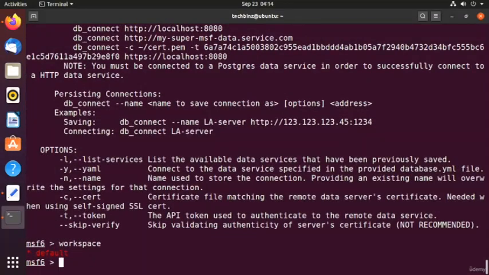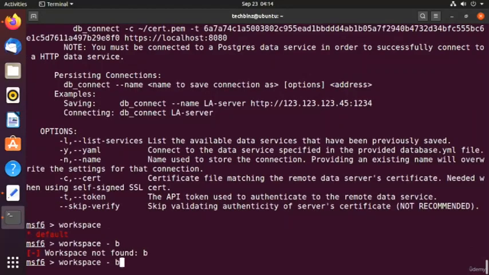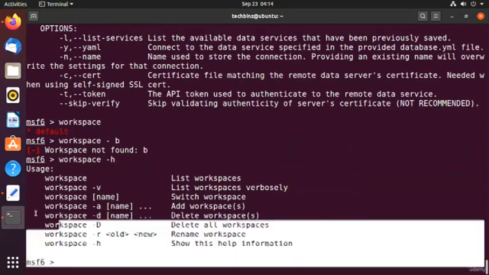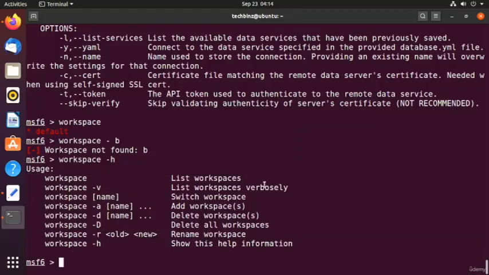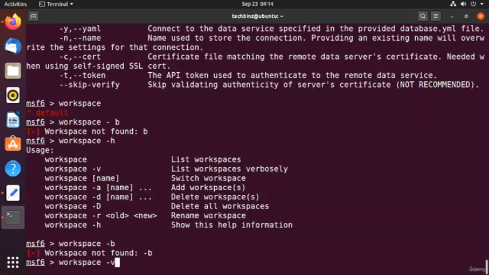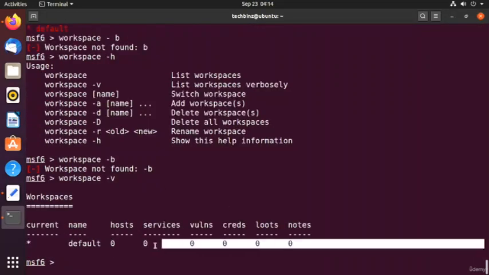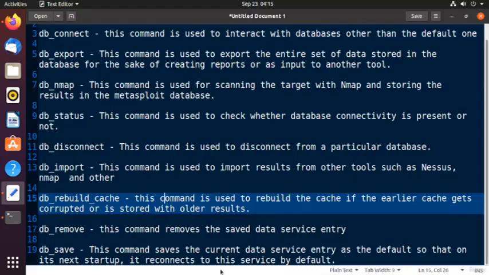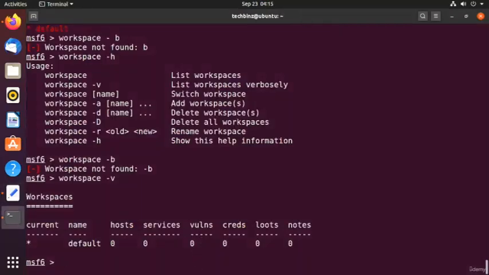It's a default workspace, but when we do like that, workspace -l, as you can see here, we can list the workspaces here. You can see here we have just one workspace here. So to add a new workspace, we can use the workspace command, so followed by an